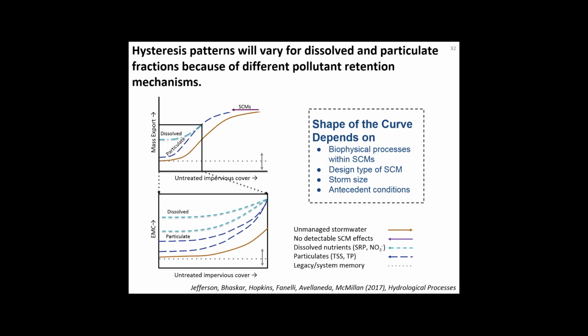And then the starting point for the mass, shown here in the gray dotted line, reflects some kind of legacy or system memory within the watershed. So something like agricultural history, for example, might influence where that brown line starts. And then as more stormwater control measures are put into the landscape,